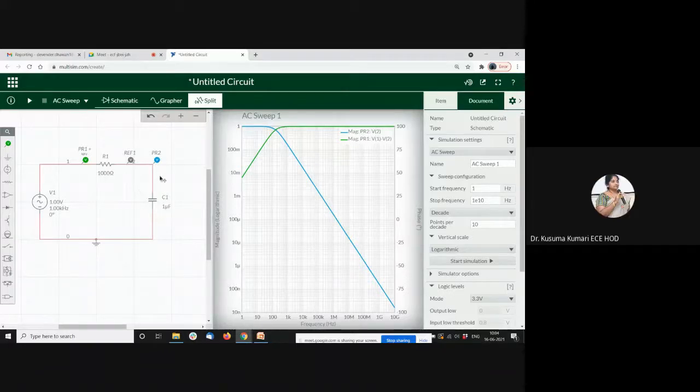Yes, sir. This is the low pass, the blue line. But in case of high pass, we want to measure across this resistance. So we have connected a reference voltage, and then we have made this probe use this reference point as the reference, so that we can measure across this.